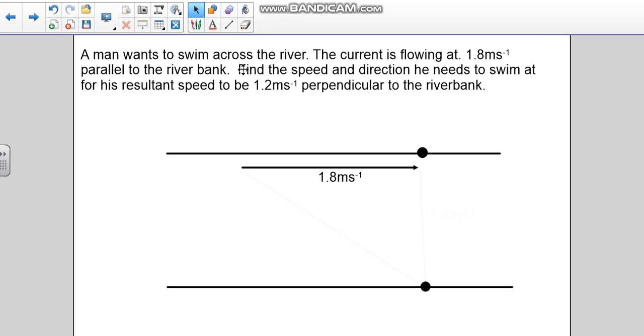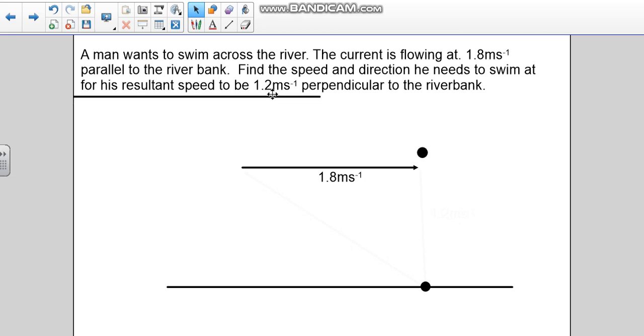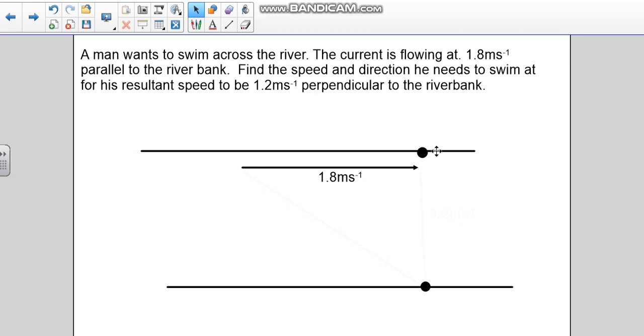A man wants to swim across the river. The current is flowing at 1.8 meters per second. So I've drawn that in there, and that's a velocity vector there. We know the current is flowing parallel to the riverbank. So here I've got my 2 riverbanks here and here, and the current is flowing in that direction parallel to the riverbank. Find the speed and direction he needs to swim at for his resultant speed to be 1.2 meters per second